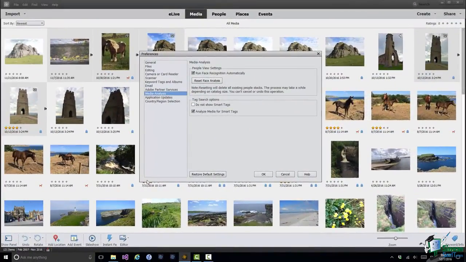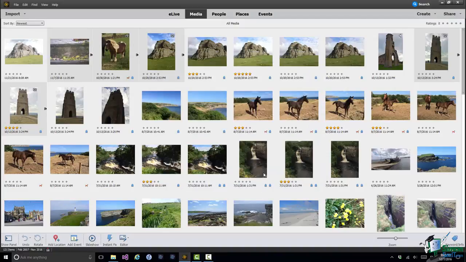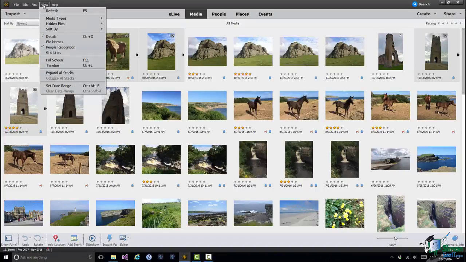One of the other settings on that page is Analyze Media for Smart Tags. You may remember earlier on in the course when we were looking at smart tags, I pointed out that some people like smart tags, some people don't like smart tags. If you don't want PSE to try to identify smart tags, you can uncheck that now and it won't do that. In fact, I'm going to switch it off myself because I don't particularly use smart tags. So, having checked those settings, click on OK. And then on the View menu, make sure that People Recognition is checked, because we want PSE to recognize people